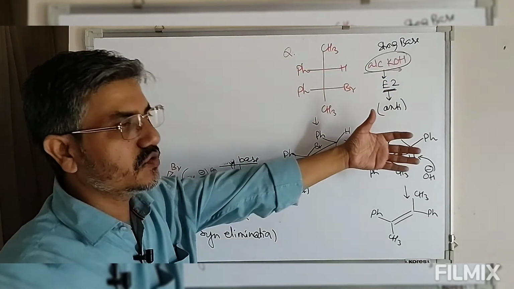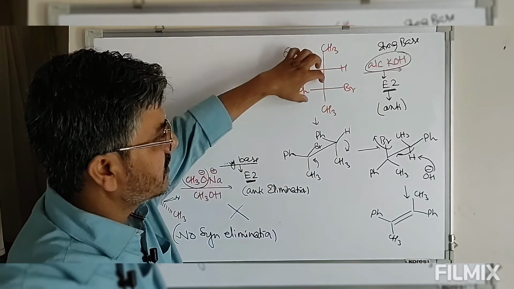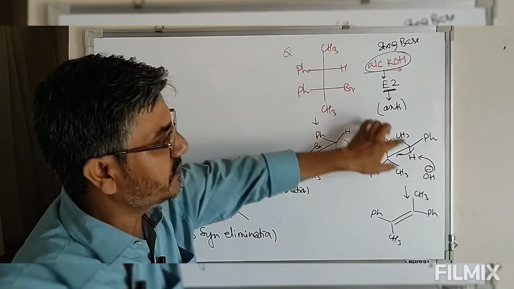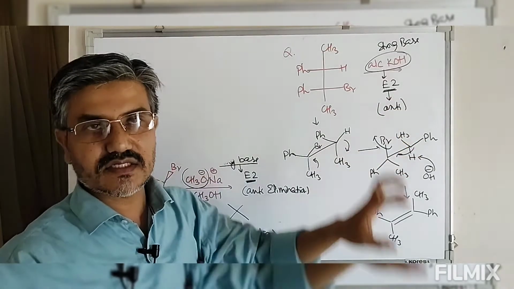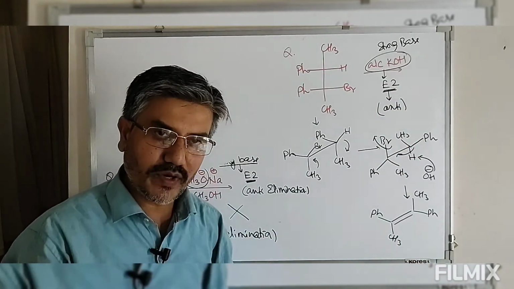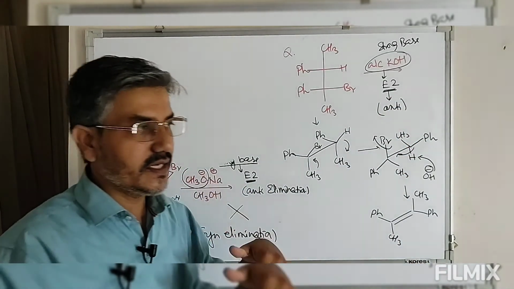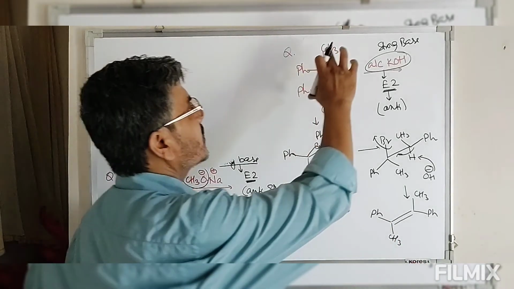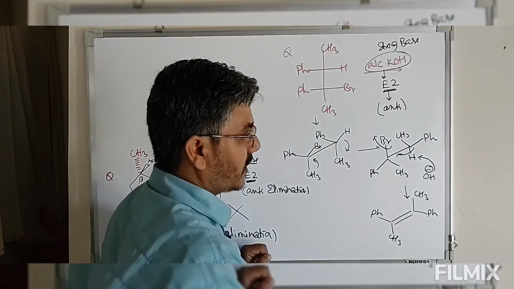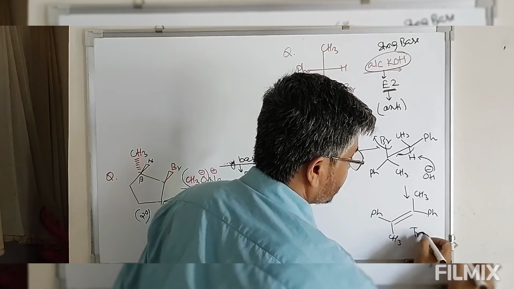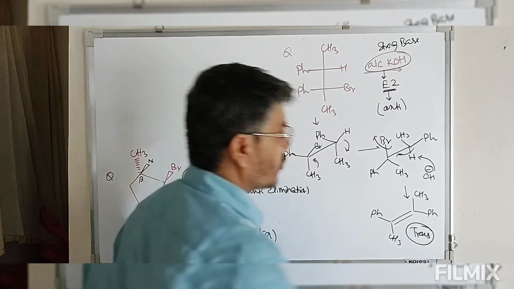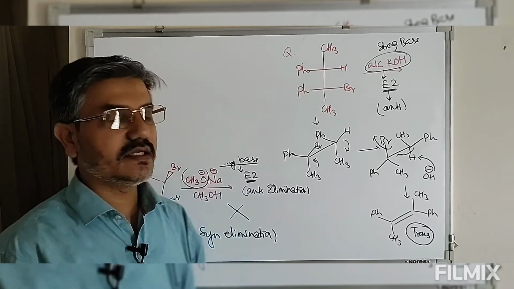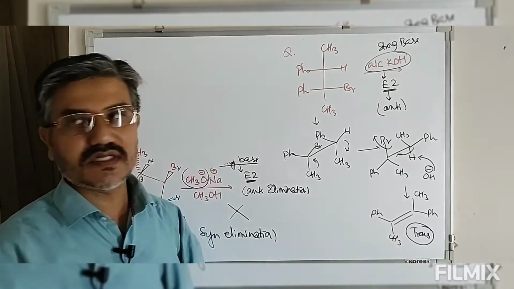So for this reaction to take place, this should be converted into sawhorse, and in this sawhorse the leaving group should be placed at a distance of 180 degree, either by clockwise or by anti-clockwise. Then you have to undergo a reaction, and after this reaction this particular haloalkane gives you trans alkene. So this is the only alkene that could be formed. So from this we cannot form cis alkene. तो सिर्फ यहाँ से transalkene बन सकता है.